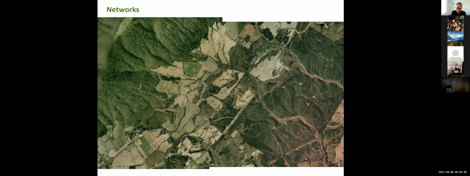Right, so in this case, we can see a number of corridors that are introduced, and they're interrelated to an extent where they're beginning to form a network. Right, so it's not like there's just one line of travel from one patch to another, but in this case, we have kind of multiple options of how to move between patches because we have this interrelated network of corridors that are created between those patches.